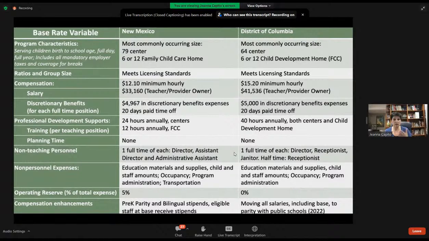Neither state, in making this their base, put hours into planning time. And this is one of those places where it's really important for us to be thinking about what works for California, not necessarily how other states have done it. Planning time is not a requirement in either of their states' licensing standards. They have planning time as a selection point in their model, and they do use it to think about the cost of delivering the care with planning time, but they did not select planning time as part of costing out their base rate. So that's something I think we really need to be thoughtful about,